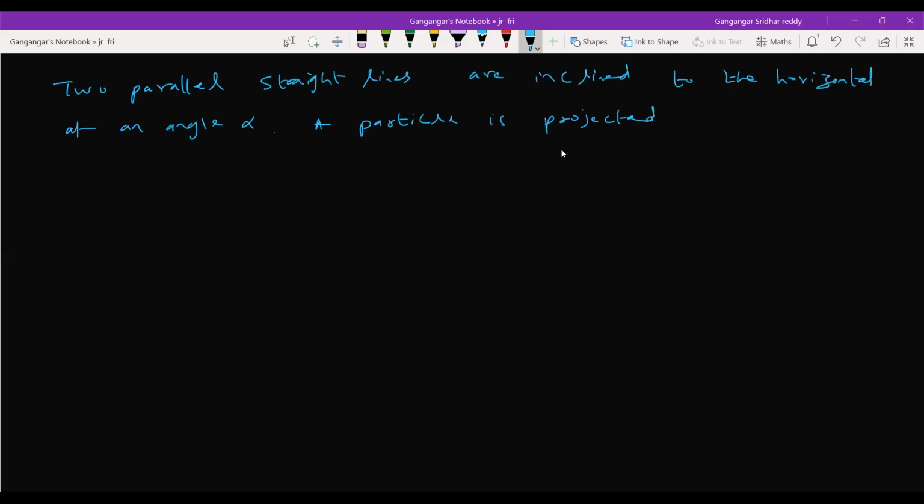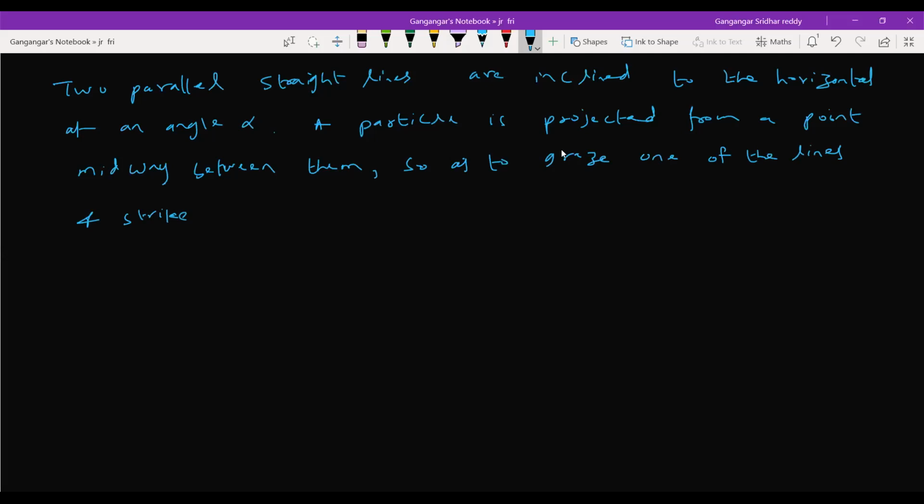Read carefully. A particle is projected from a point midway between them so as to graze one of the lines and strikes the other at right angle. Show that